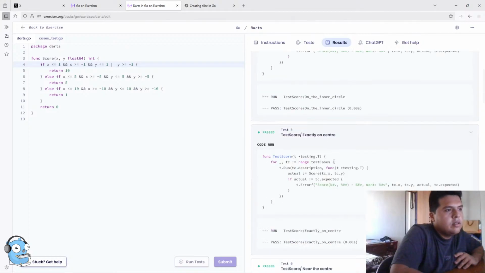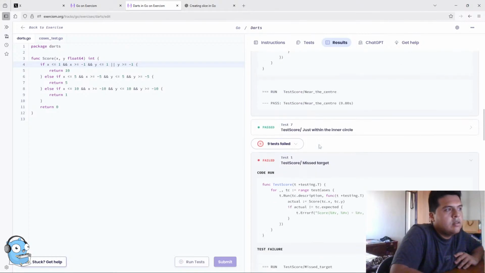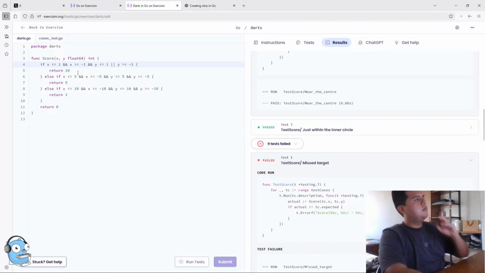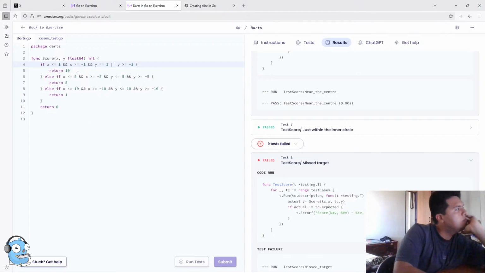Expected. If x is less than or equal to 1 and x is more or equal to -1,